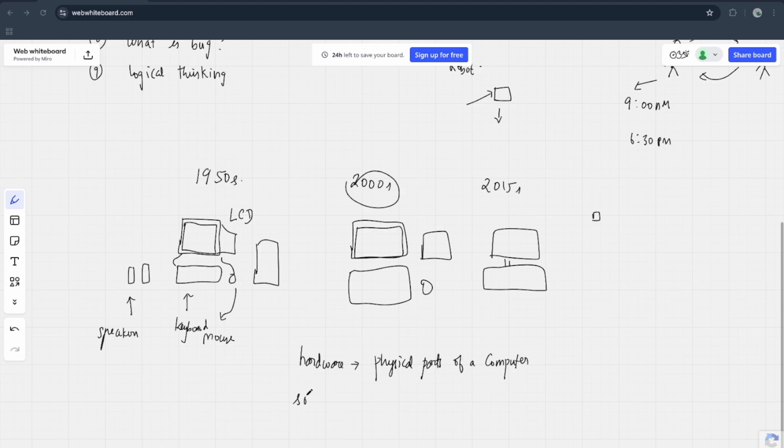Okay, and what do you mean by software then? The parts which are not visible to us are called software. Let me tell you an example. There is a Microsoft Excel file or application in Windows. That is actually software. And even WhatsApp, Instagram, Facebook that you use nowadays, those are also software. So software means the parts of the computer which are not visible to us, that we cannot touch. But when it comes to hardware, we can touch the mouse, CPU, monitor, keyboard, speakers, everything.